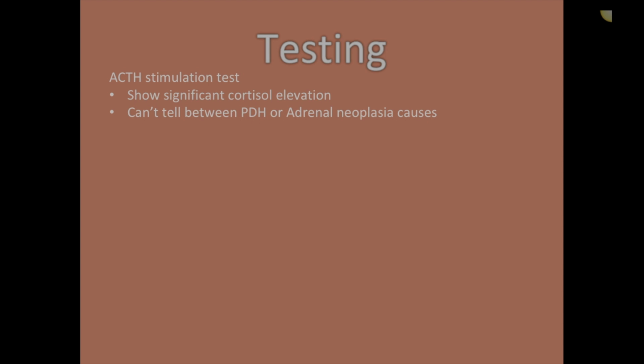So the first test we often run is that ACTH stimulation test. So we should be able to give them a synthetic ACTH, give it intravenously, and with that, their body should increase their cortisol production, because naturally in the body, when ACTH comes down from the pituitary gland, that stimulates the adrenal glands to produce more cortisol. So when we give a synthetic ACTH, the thought is that it will increase cortisol production.